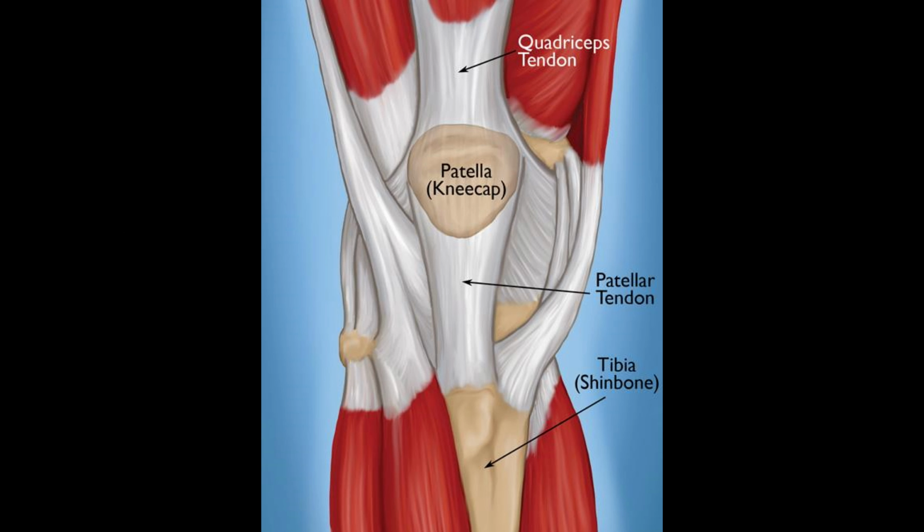Okay, so in this picture you have a view of the knee from the front. You can see the patella there, that's your kneecap, and right below the kneecap is the patellar tendon. That's the structure that is affected in patellar tendinitis or jumper's knee. It attaches your kneecap to the front of your tibia, the bone right below. So now that you get a good view of what's going on, we're going to talk about what